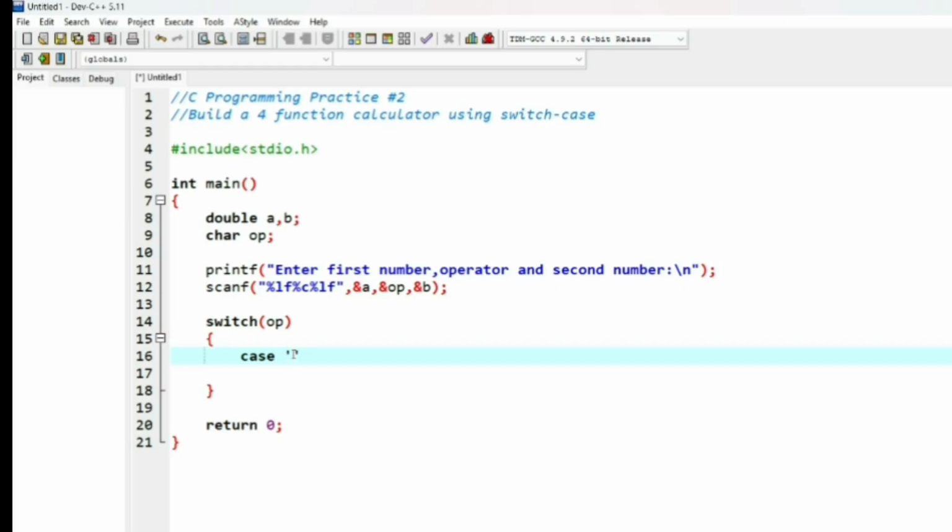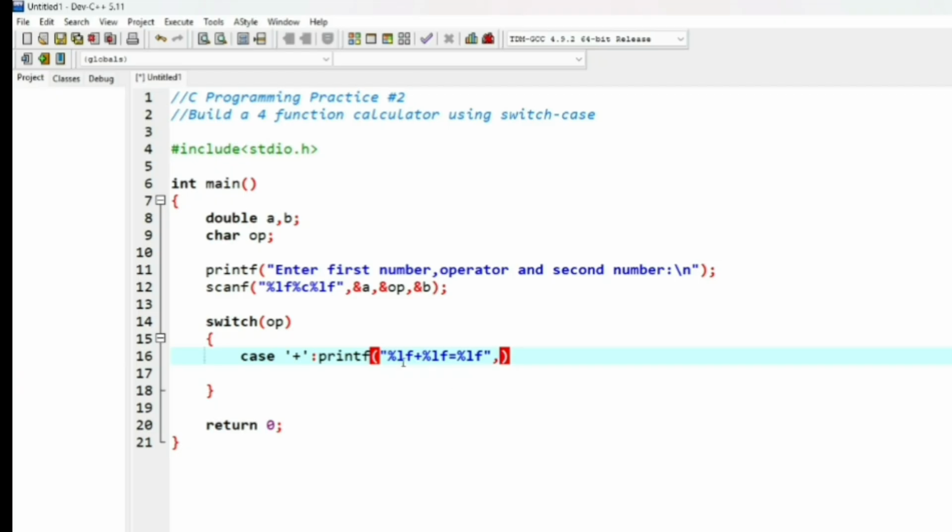So if it is plus, as per syntax here give colon. So after checking if it is plus, what must be done? Printf. So within parenthesis, within double quotes, first number must be typed, whatever was read. For that percentage LF. Then what must be typed? What will be the first operator that we will type readily here? Plus. Then second number percentage LF. So then that must be equal to another double type number. So we have written here